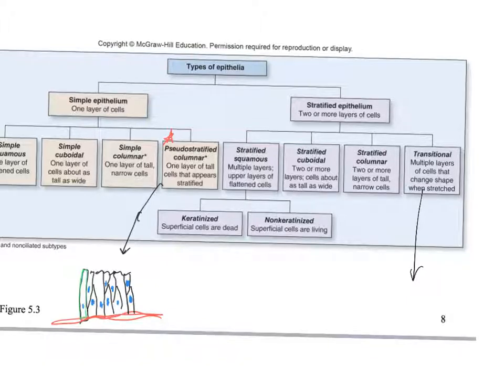Change from one thing to another. You're moving from one thing to another. You're transitioning from a first-year student to a second-year student, right? So you're moving from one to another. That's what's happening here. In this transitional epithelium, you go from one kind of morphology, one status, to another, and